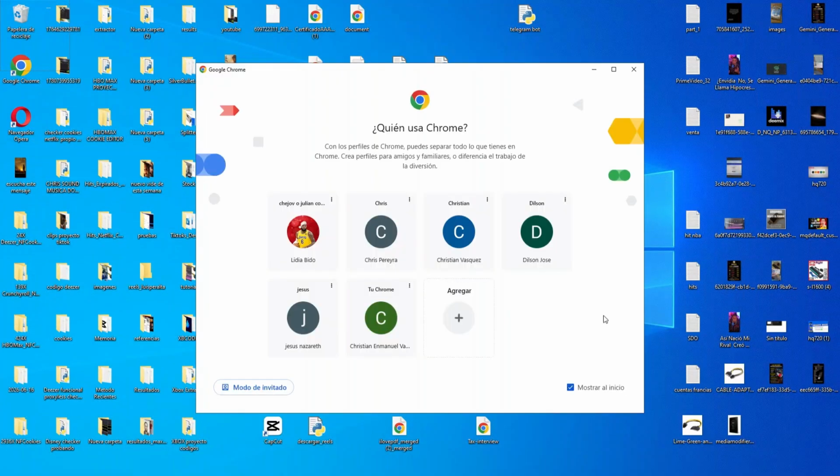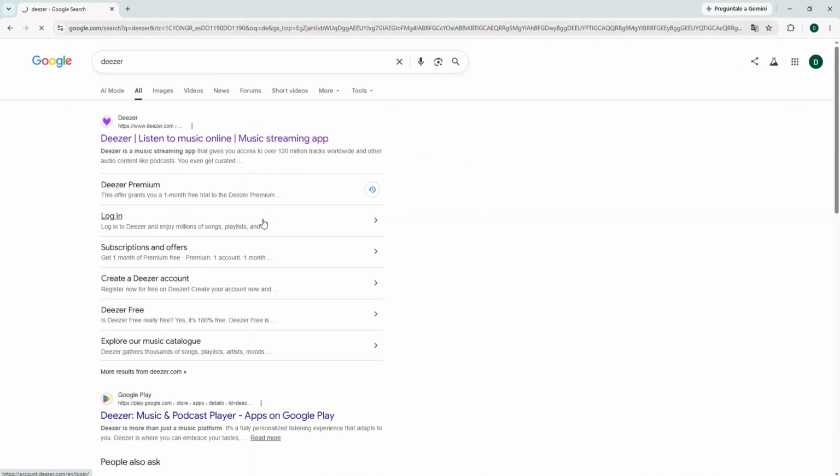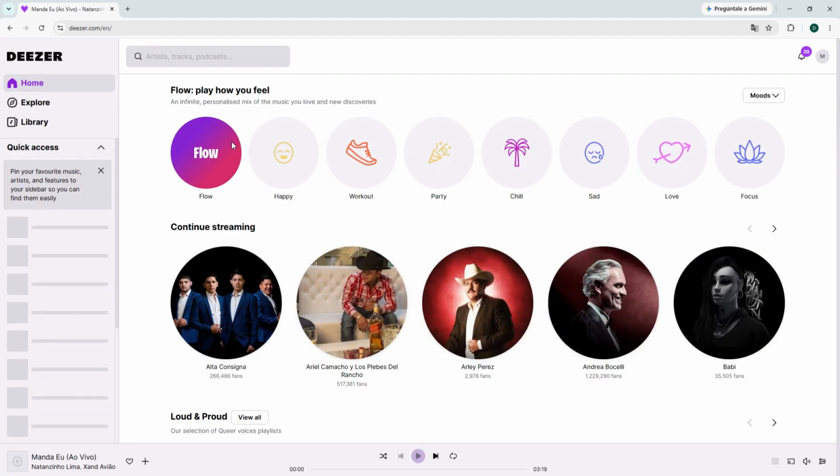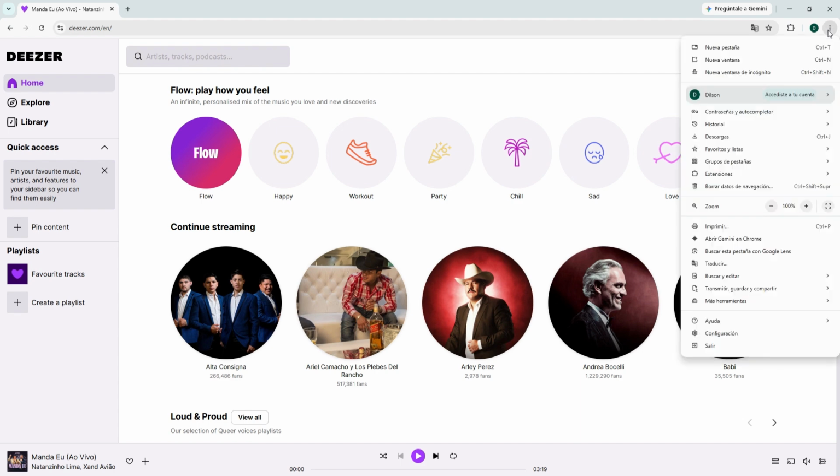First, open Google Chrome and select your preferred user profile to launch the browser. In the Google search bar, type Deezer and press enter. Click on the official Deezer website from the search results to open it. Once on the Deezer homepage, open the browser's main menu by clicking the 3 vertical dots in the top right